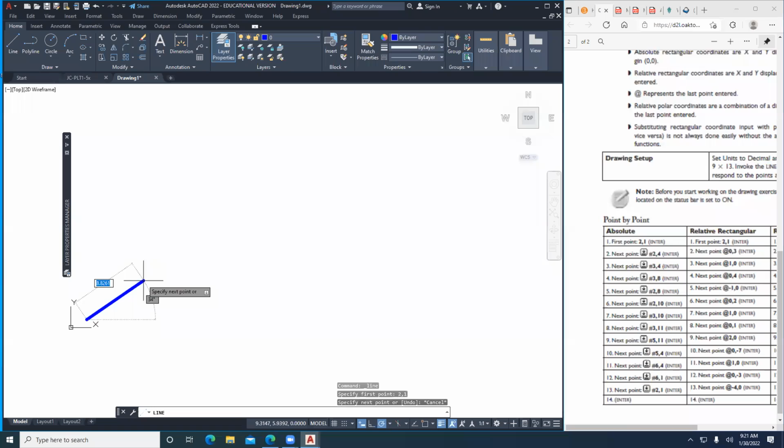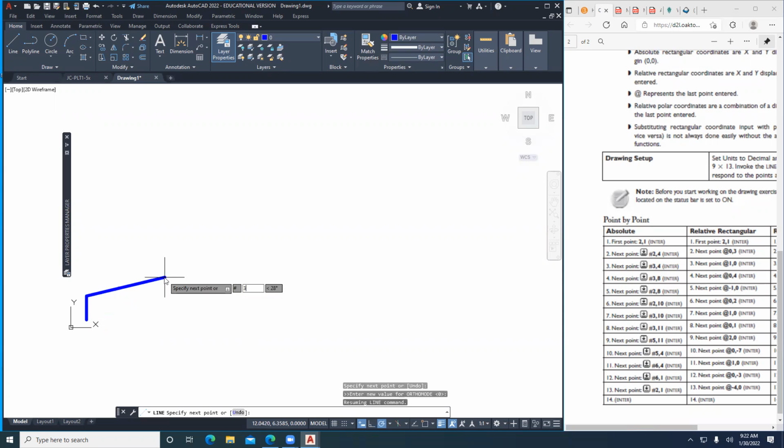And that didn't work, so I'll hit escape. So I'll type in pound sign. And when you type in pound, I don't know why they changed this, but they did. Now it works with absolute coordinates. So I say 2,4, enter. Pound sign,